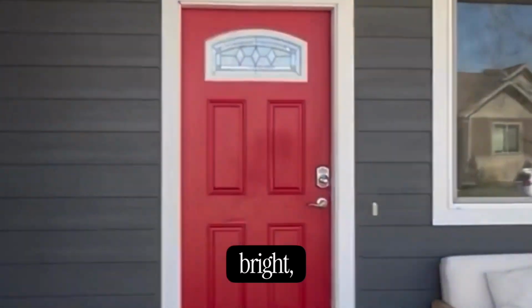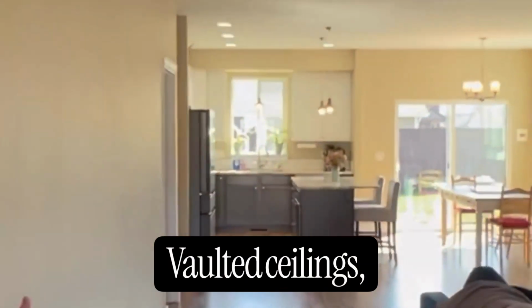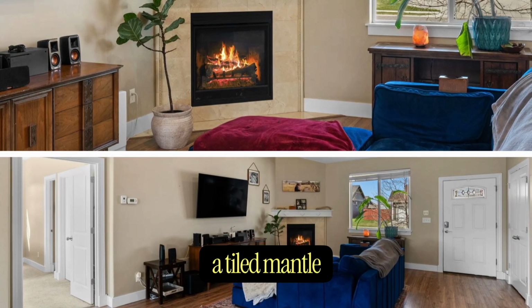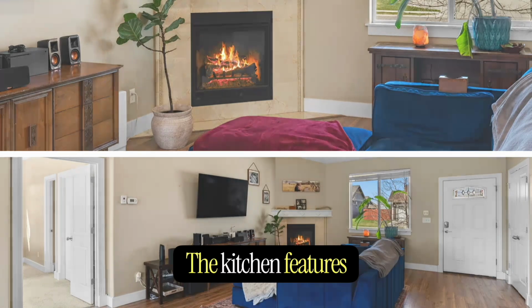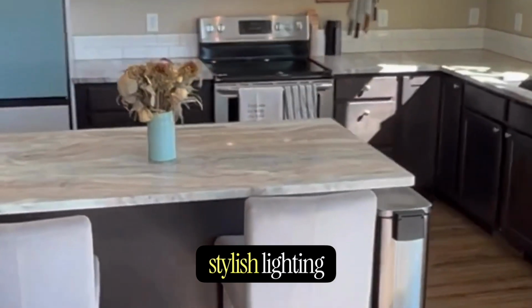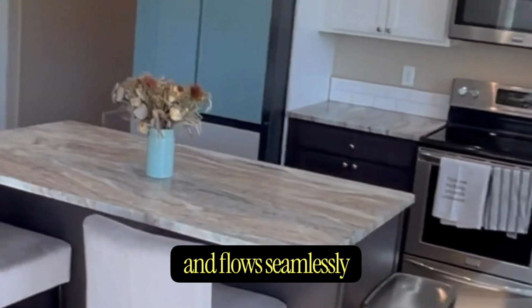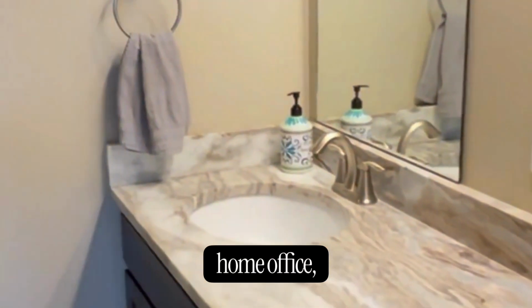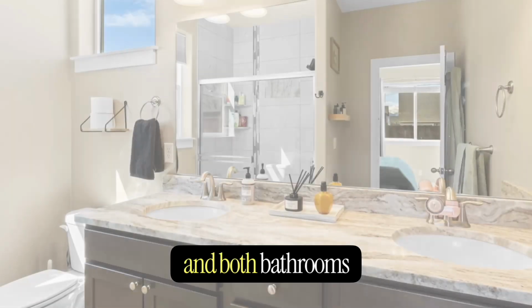Step into the bright, open living room. Vaulted ceilings, beautiful natural light, and a cozy gas fireplace with a tiled mantle set the tone. The kitchen features granite countertops, stylish lighting fixtures, and flows seamlessly into the living and dining areas. 3 spacious bedrooms with plush carpet offer flexibility for guests, home office, or hobbies, and both bathrooms feature dual